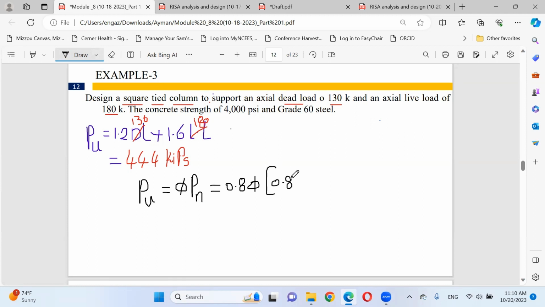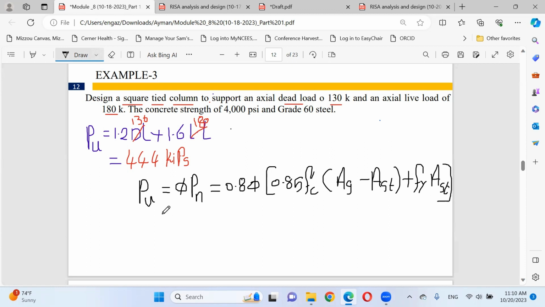This is the equation of design: F prime C times area gross of the column minus area steel of the steel reinforcement, plus F yield times area steel.